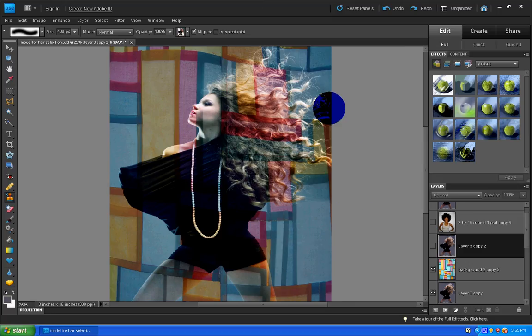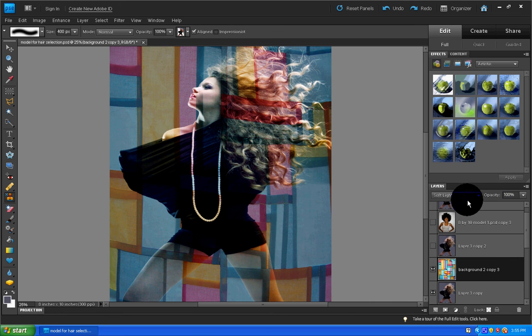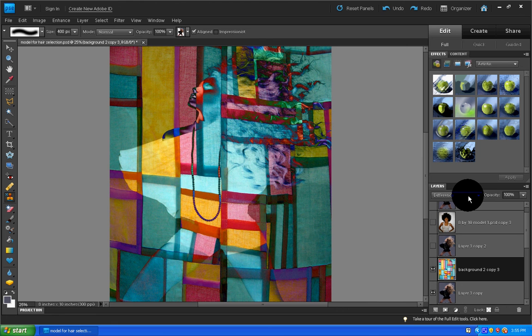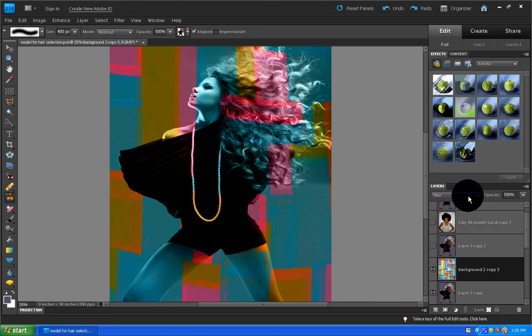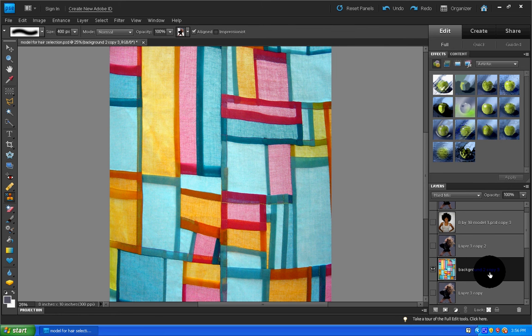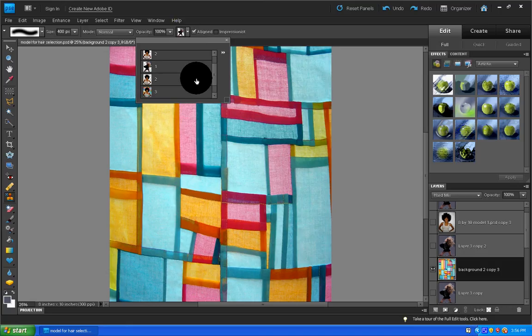colors are just powering through the image, and I'm going to cycle through the blend modes just to show you the effect. And as you can see, none of these blend modes are giving me the results that I really want. So what I'm going to do now is define this background as a pattern. I'm going to go to Edit, Define Pattern. I'm going to call this pattern number 5. Alright, go to that pattern,